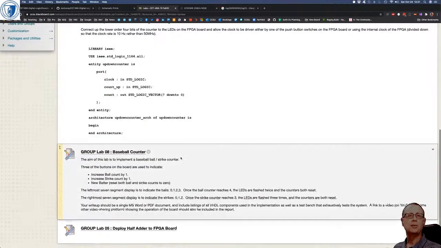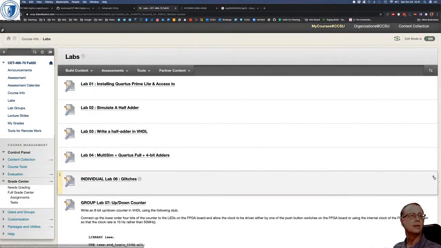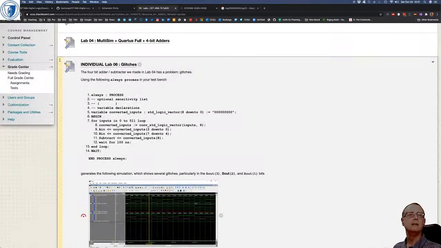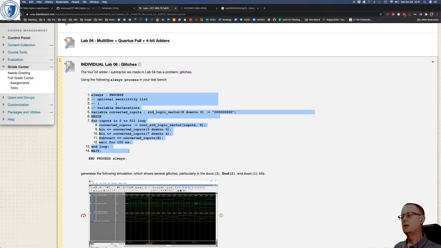Test bench in Lab 6. Where's Lab 6? Yeah, so in some ways that test bench is not... there's no asserts or anything like that there, right? So it's not really acting as a test bench. What we have to do is it's just running the simulation, and